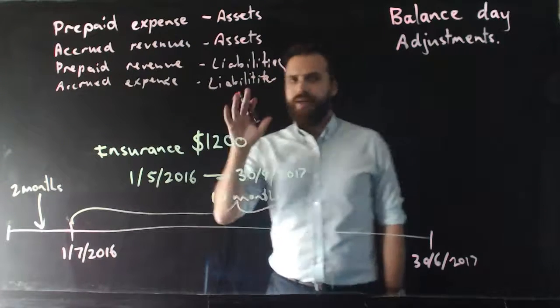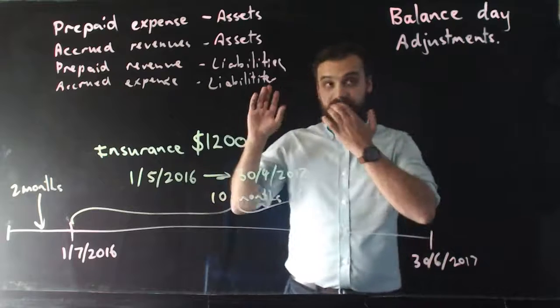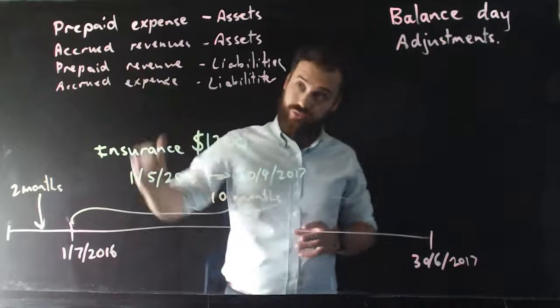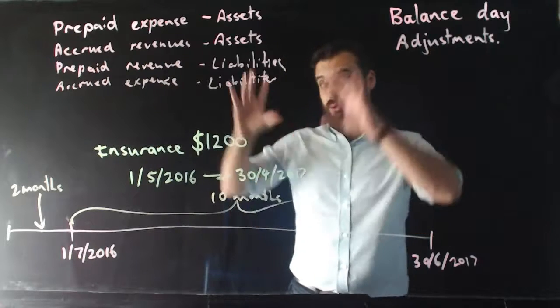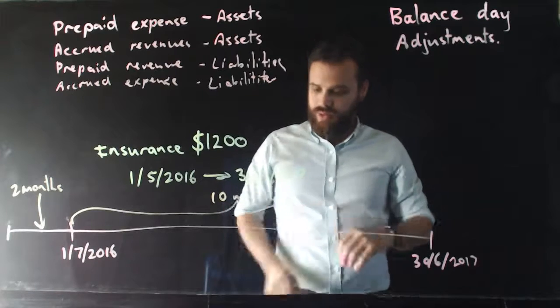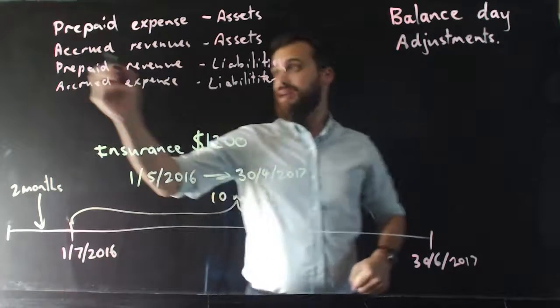Well, okay, that's it. There are going to be 4 different balance day adjustments that we do. When we do them, we create these 4 different accounts, and 2 of them are assets, 2 of them are liabilities. Now, one way that people like to remember this is to say that